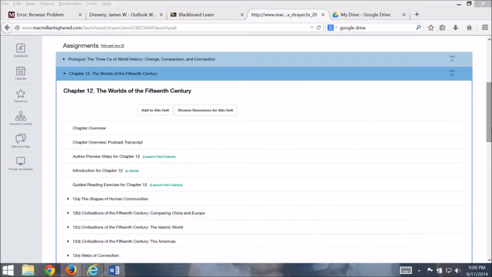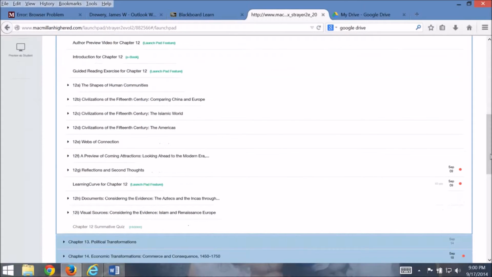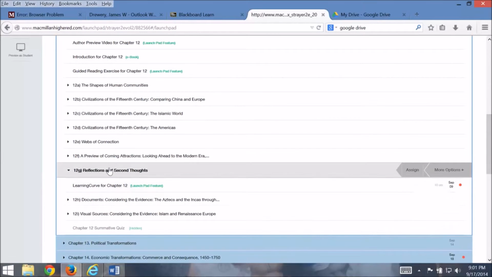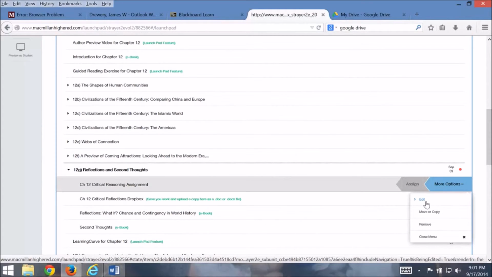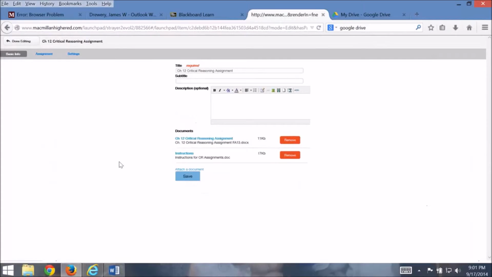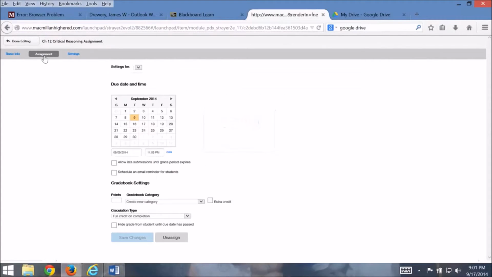Figured it'd be easier to just show you how to do this real quick. Come here, say to this critical reasoning assignment, go to options, and go to edit. Okay, now come over here to assignment, click on that. Now settings up here versus settings for,